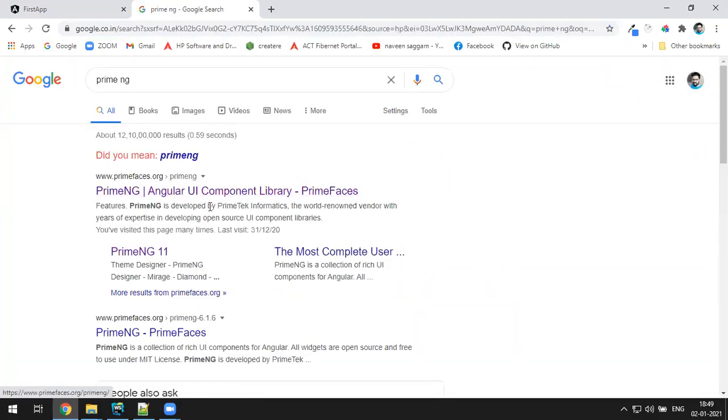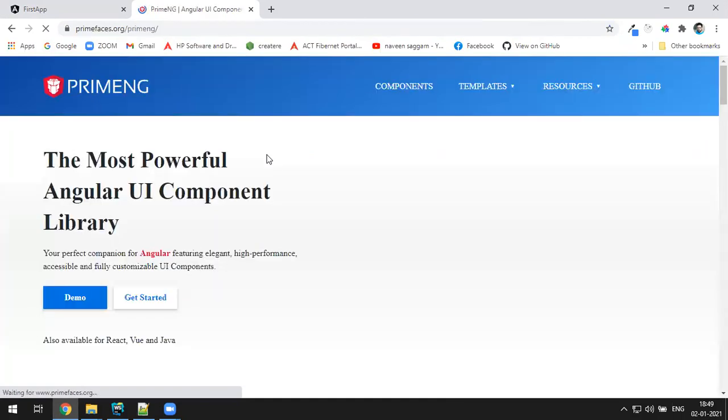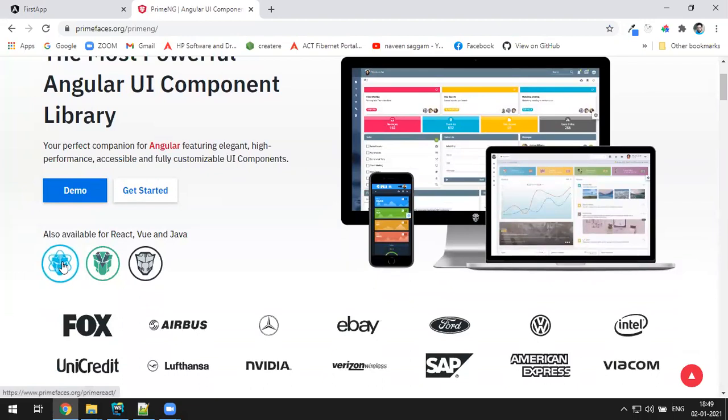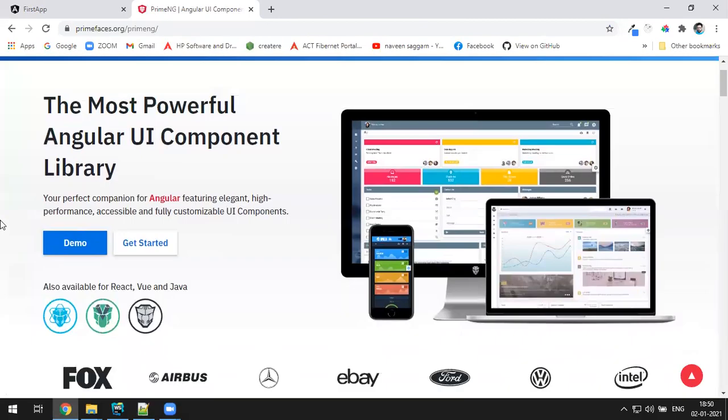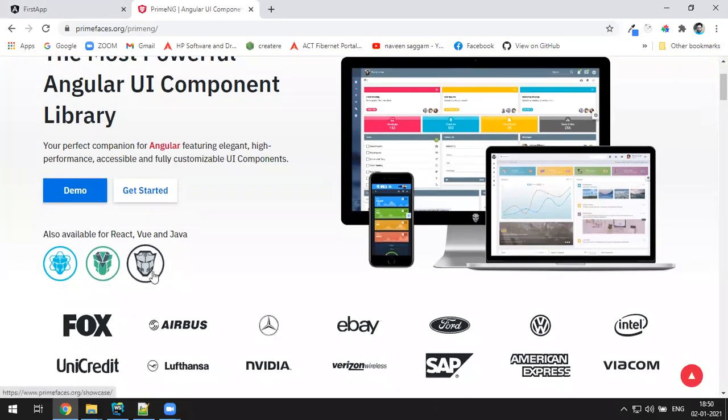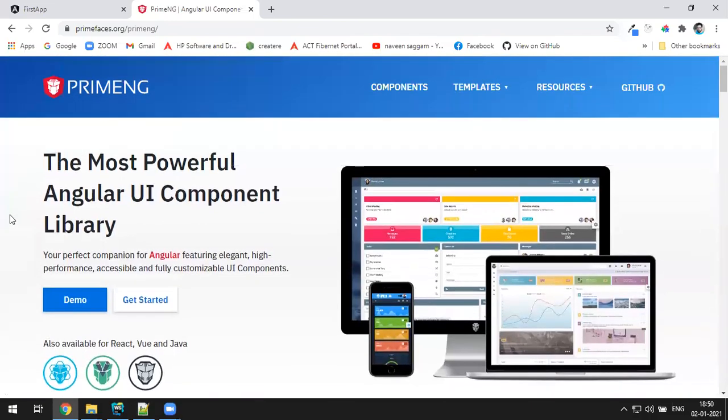this is the one, primefaces.org. These people have given an ultimate library for supporting Angular. For Angular, we say Prime NG. This is the symbol. For React, we have Prime React, which we'll discuss in the React class. This is for Vue.js, and this is for Java, for the people who are using Java on the backend. This one is specifically designed for Angular, and this is for JSPs and all. Let's start with this, and you can see the nice components first.